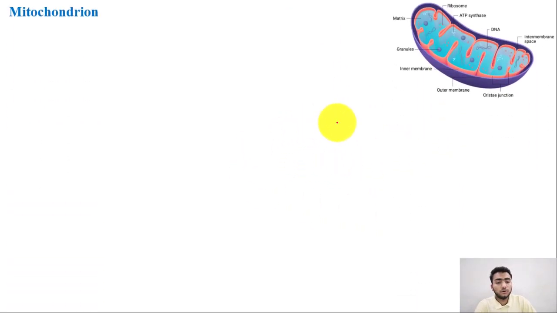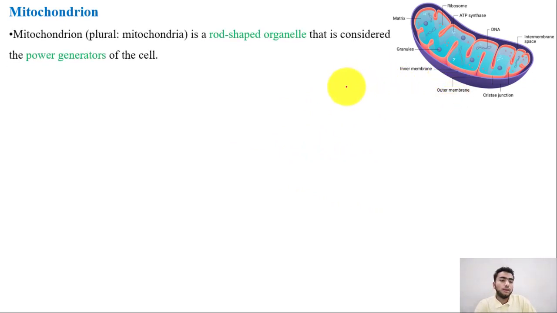Then we come on to another important organelle, which is the powerhouse of a cell, as I told you. As I have mentioned and highlighted in green, power generators of a cell. This is a sausage-like or rod-like structure, particularly an oval sort of structure, and it has various foldings. It has double membranes, which must be noted, and it has an intermembrane space, and it has its own DNA. So this is the only organelle that we have come across so far which has its own DNA.